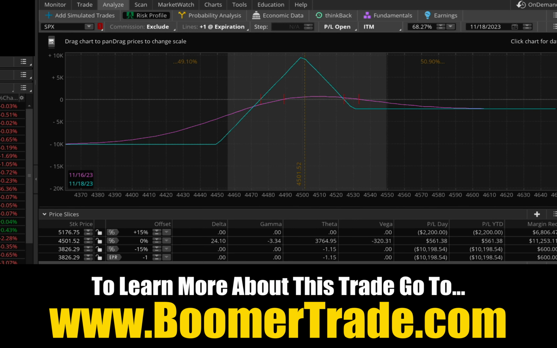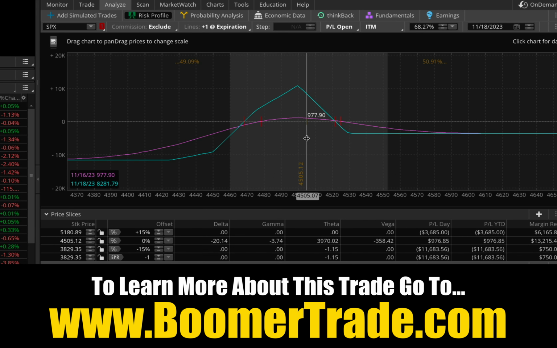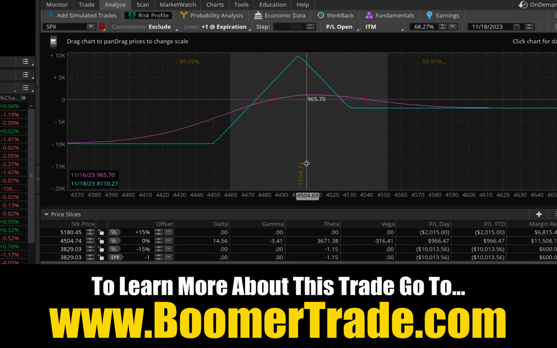So with this trade, I just held on to it for a couple hours. The market wasn't moving around this morning. Let's take a look at where I closed it. So here it is a few hours later. You can see that we're getting close to the $1,000 profit mark. I wanted to see if I could get past that $1,000 mark, which I did. Right as it began to show around $1,000 to $1,100 in profit, I decided to go ahead and peel it off. Taking the 2 pieces off, there was some slippage in there, and I wound up closing the entire position out for a total profit of